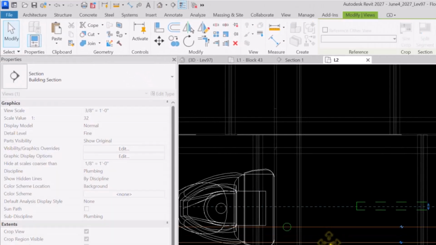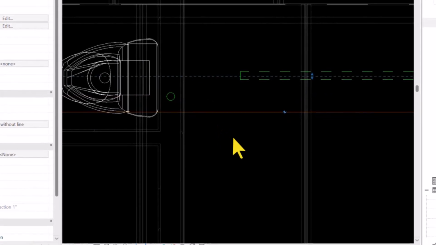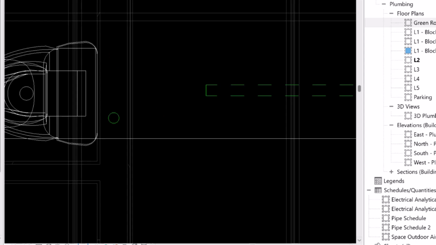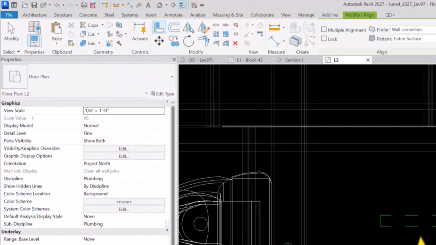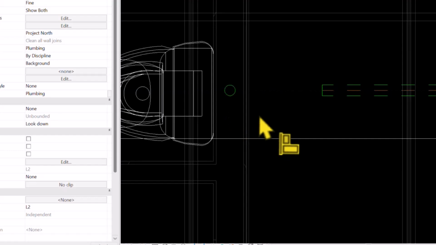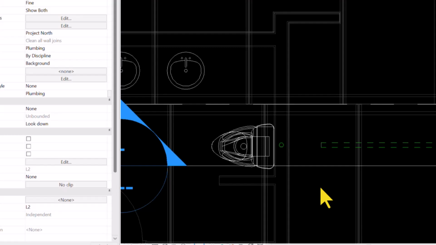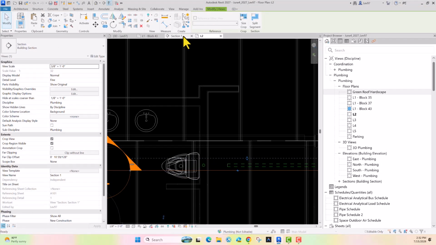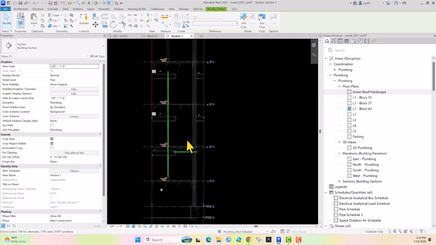I'm gonna move my section just to line it up. Let's go back and here and here. Okay, now we got it. That looks pretty good. I'm gonna come back up here, go to our section view again, so we can just